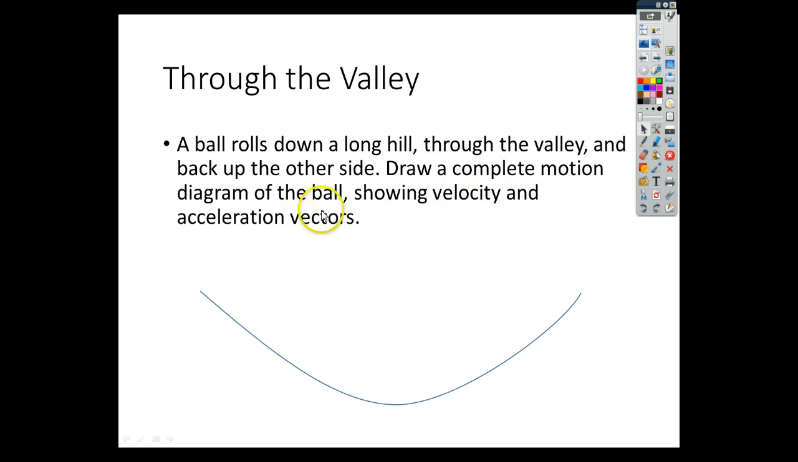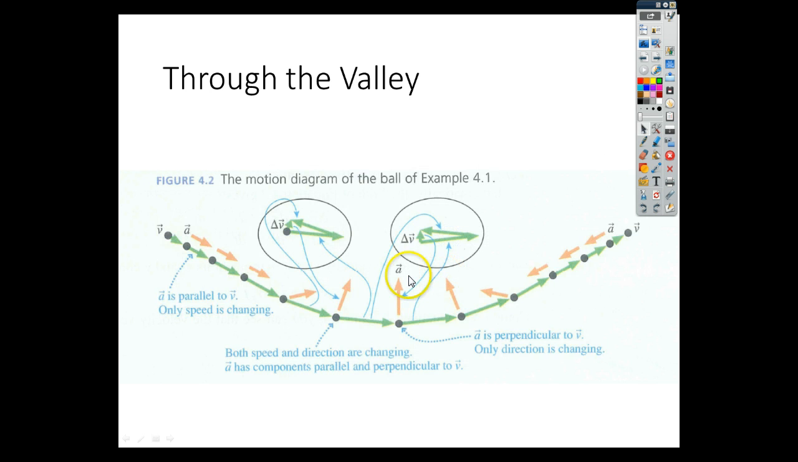They want us to draw a complete motion diagram of the ball showing the velocity and acceleration vectors. So we'll do that here. This is the solution. We have a velocity starting off at the top, and you'll notice that as the ball moves down to the bottom, it speeds up, and then as it moves back up the other side, it actually